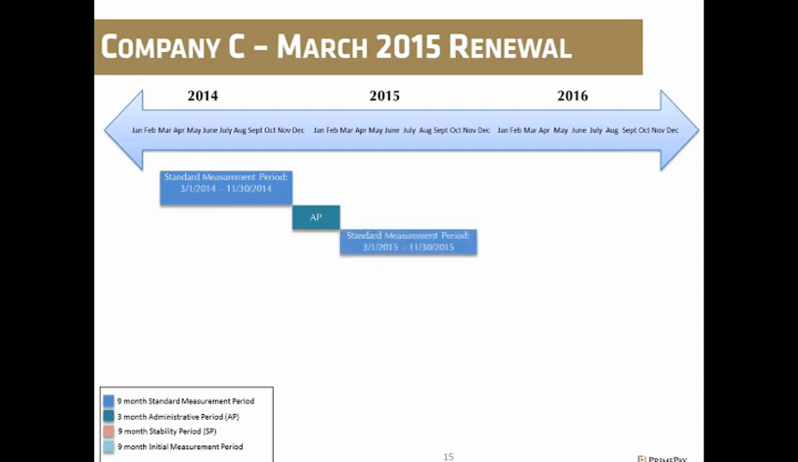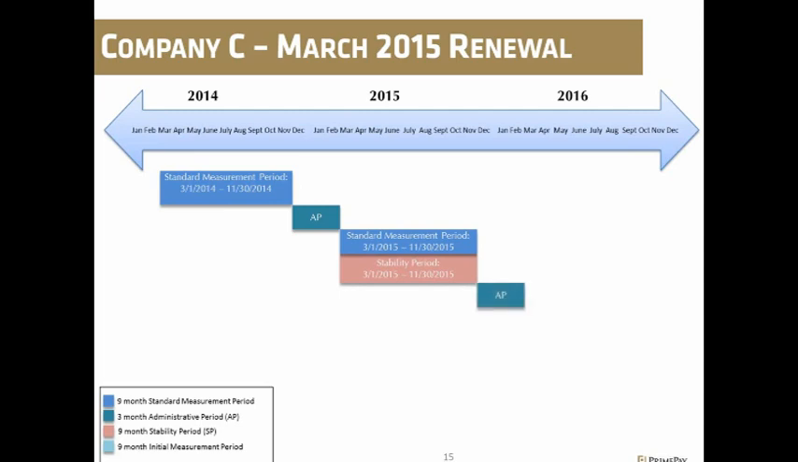Then, just keeping in mind, the standard measurement period is always going to remain the same. You have to be consistent with that standard measurement period. And so that standard measurement period just kicks in again. That's starting 3/1 through 11/30 each and every year. Now, once the first standard measurement period has ended and the administrative period has ended, the stability period kicks in for the same 9 months. Again, keeping in mind the stability period can be no less than the standard measurement period. Okay, so the stability period would run also from 3/1 to